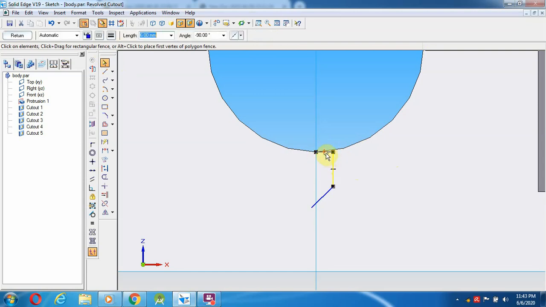So what I am going to do is move this line out towards up. Select the line. From here I am going to draw one more line, and here above the curved edge I draw one more line.